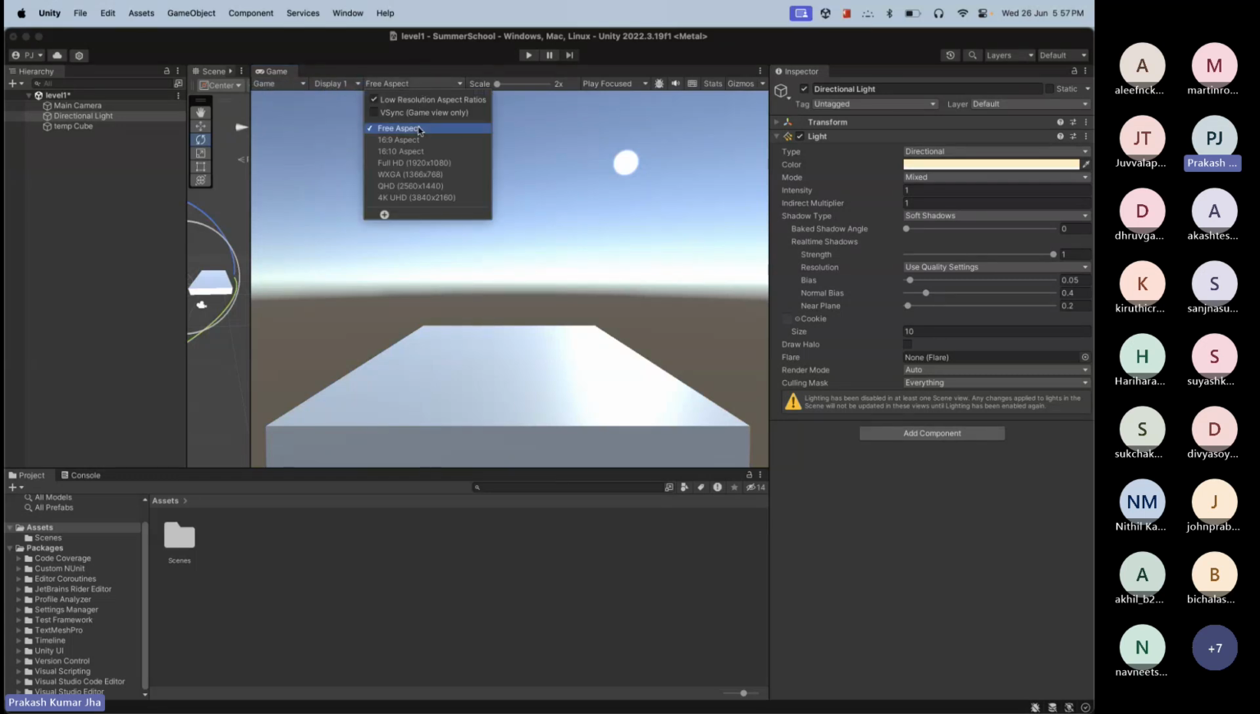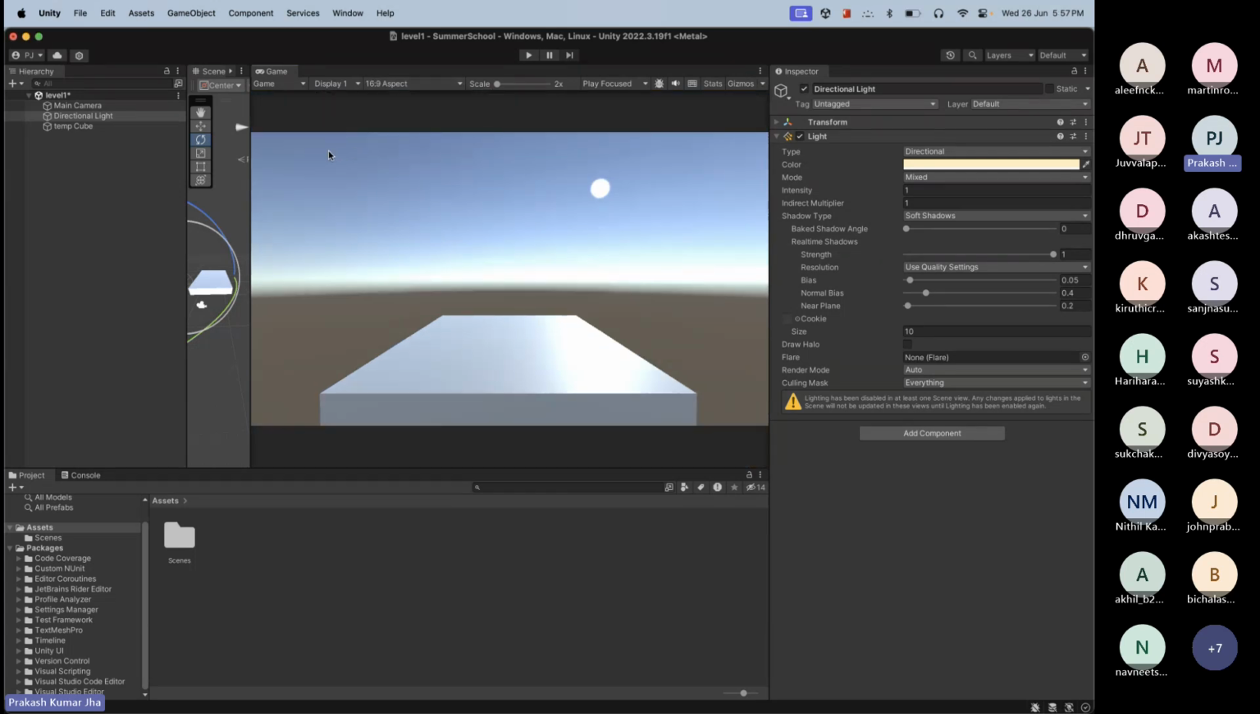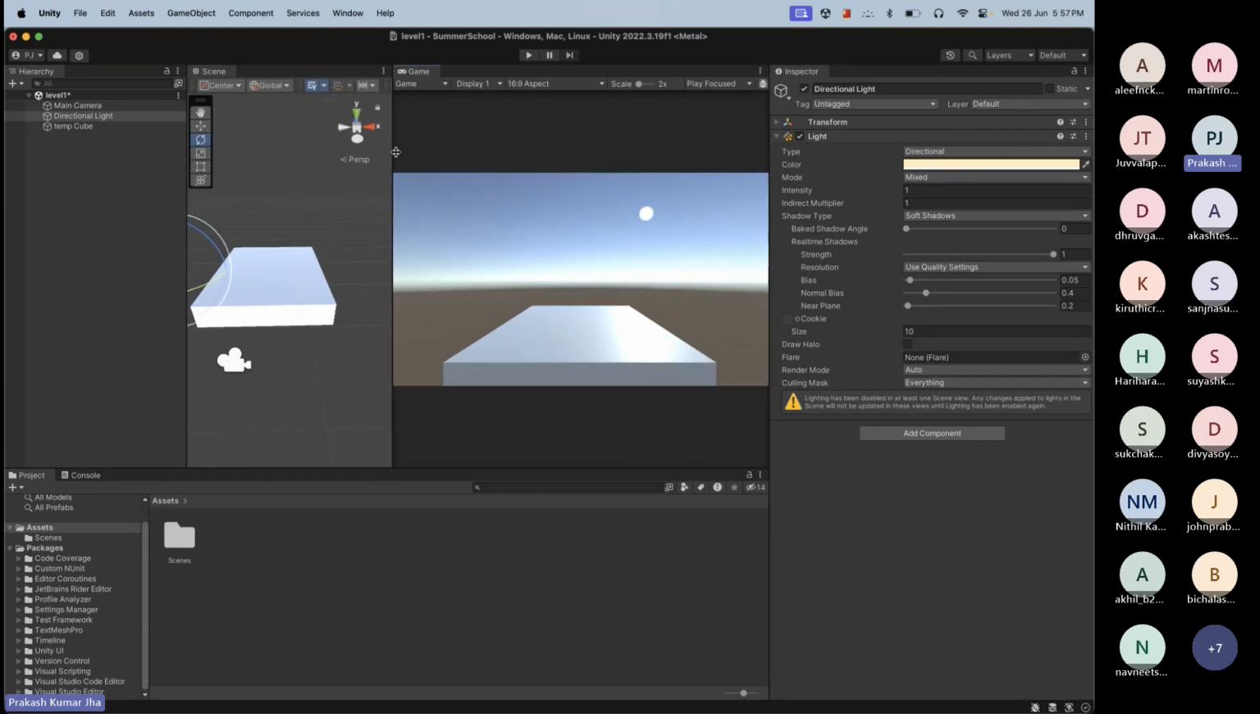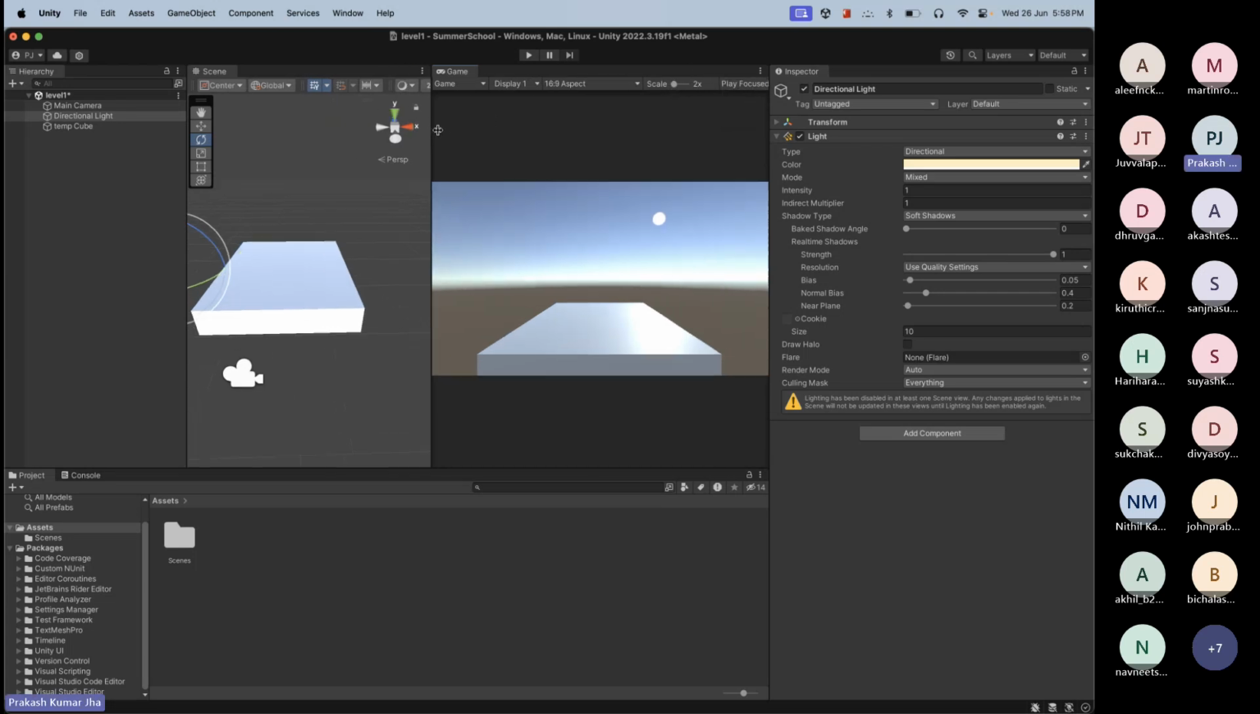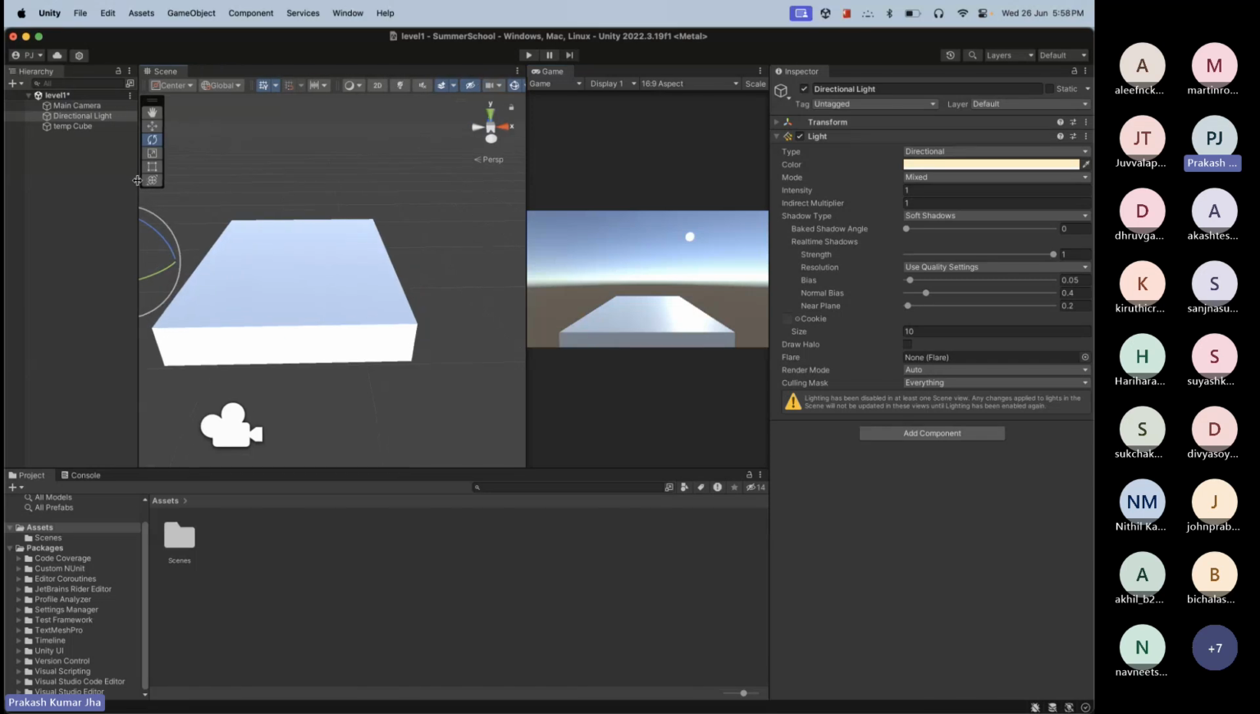There's a free aspect. What I suggest is to go to the 16:9 aspect, because that is basically the aspect ratio that games generally use. So select 16:9, and the scale should be 1. Keep it like that, and you can drag the hierarchy and put it over here,